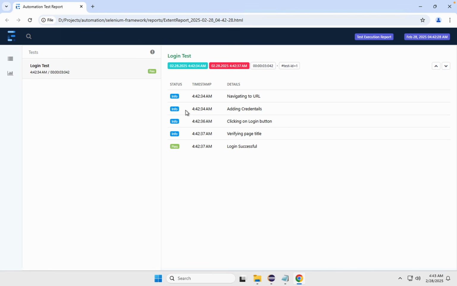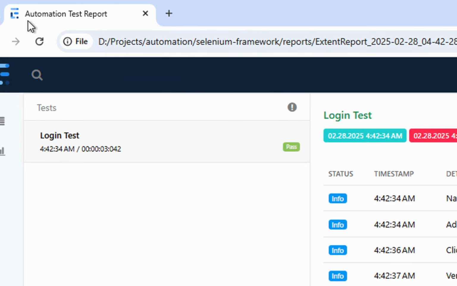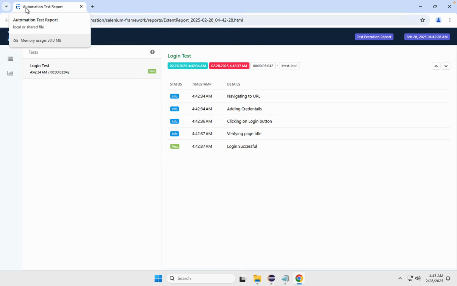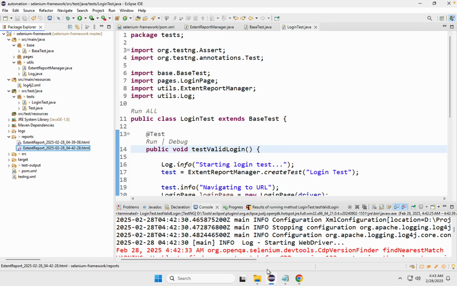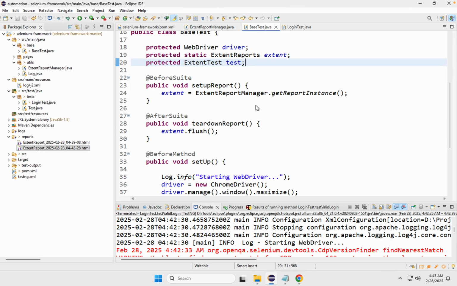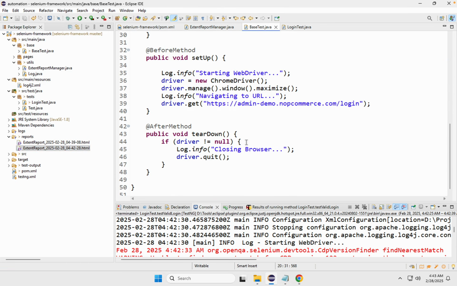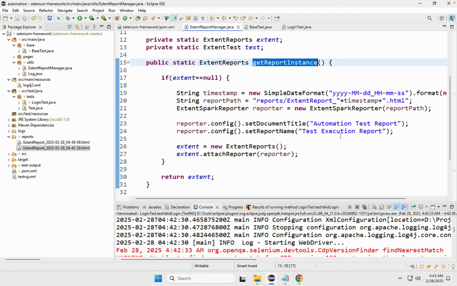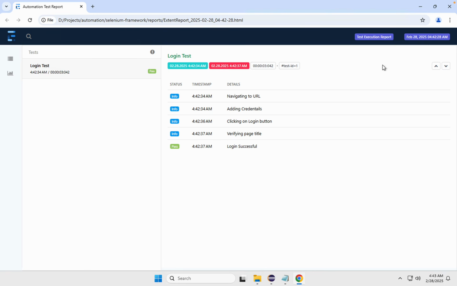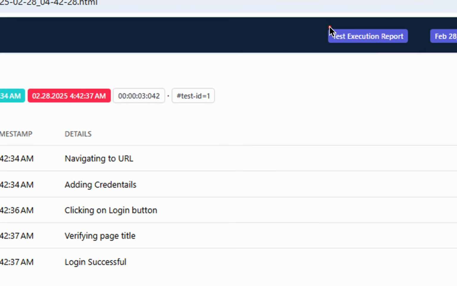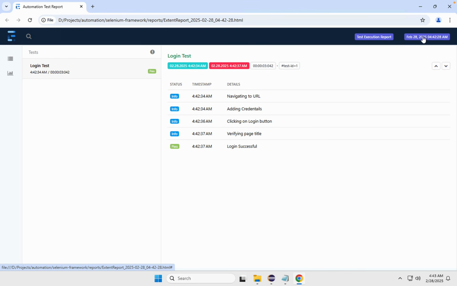And yes, we have got our report generated. So you can see this is our Extent report. This is how it looks. And if you see, the title is Automation Test Report because we have given the title in our base test. Let me go and show you again. Here we have given this title. Now, in the extent report manager, we have given this title Automation Test Report, and the report name is Test Execution Report. So if I see the report name, you can see here it is Test Execution Report, and the